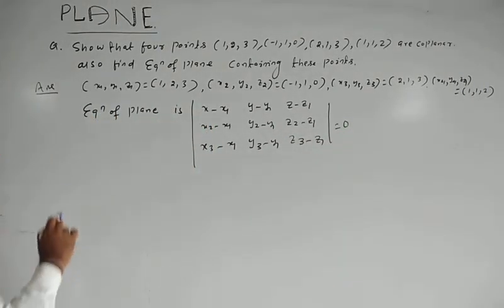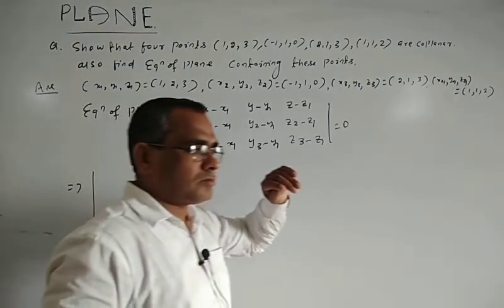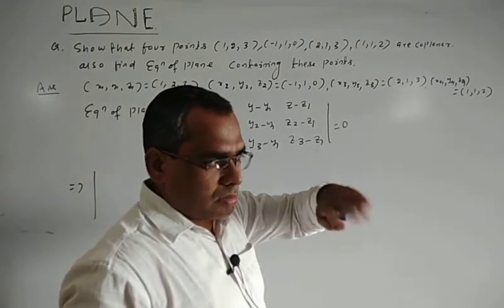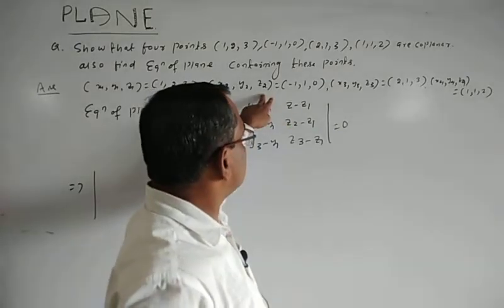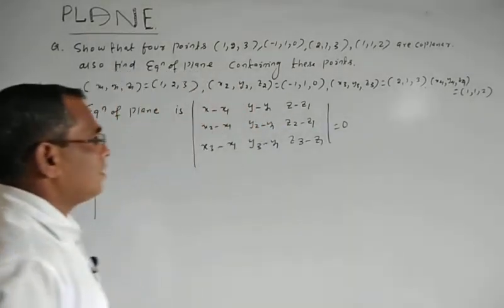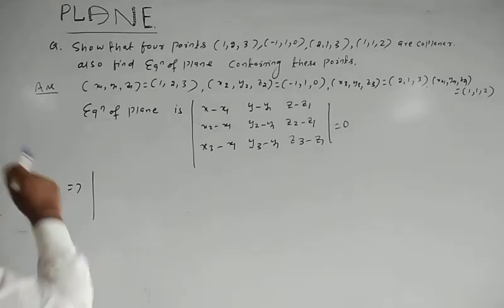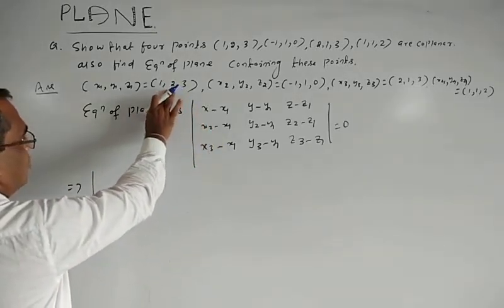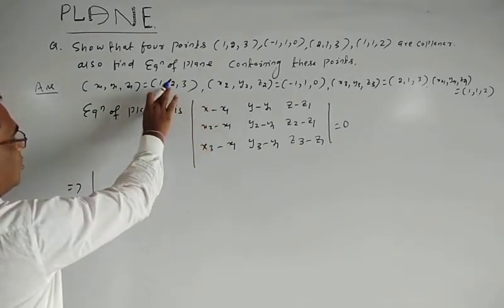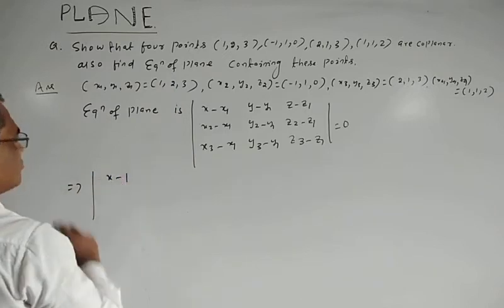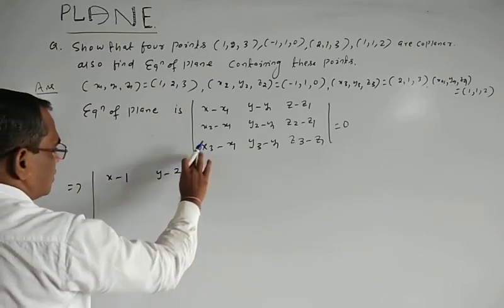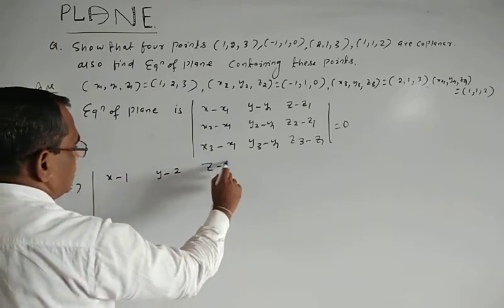Substitute these values. In the first row we write any point, the first point, its direction ratio. So the first row is x minus 1, y minus 2, and z minus